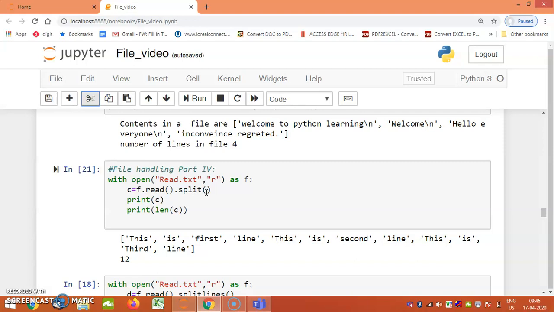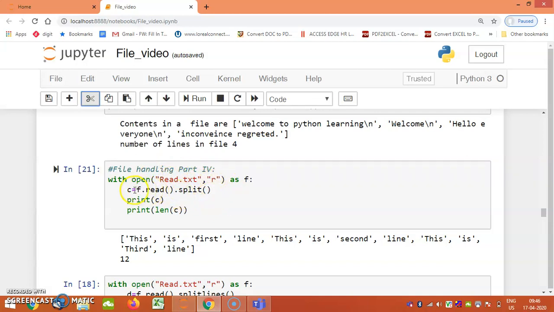Now listen, here I have written a code. I have opened a file, read.txt, in read mode: with open read.txt in read mode as f. What is f? f is an object which is pointing to the file read.txt, which we have opened in read mode.